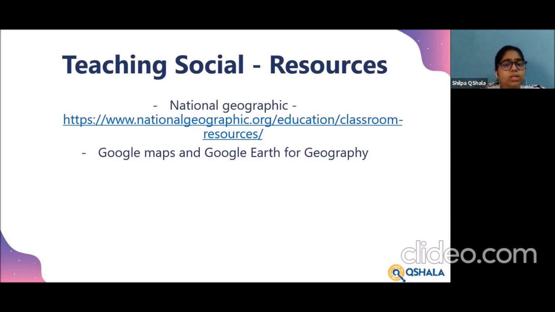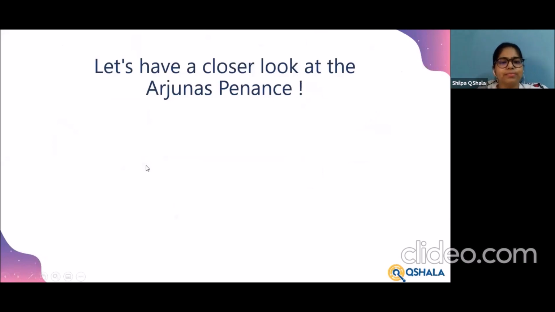So we will be looking at one such thing that we did in our class, which is called a virtual field trip, where we took the kids on a field trip to Chennai, to Mahabalipuram, and showed them around the place. This is something that you can try out for different places that you talk about, even in history when you're talking about places where some of the rulers or dynasties have been. You can use Google Earth to give them a much broader perspective of what they're looking at. So that was Google Earth there for us.